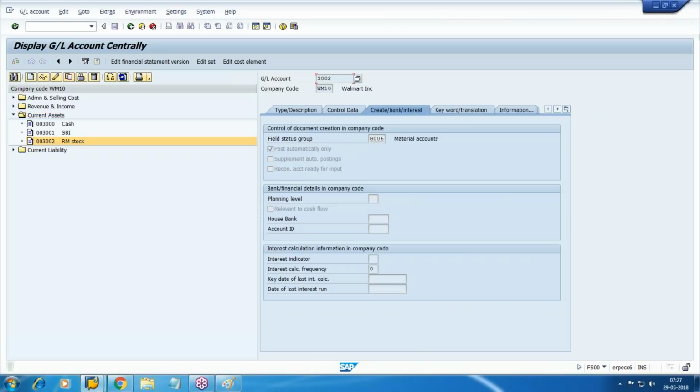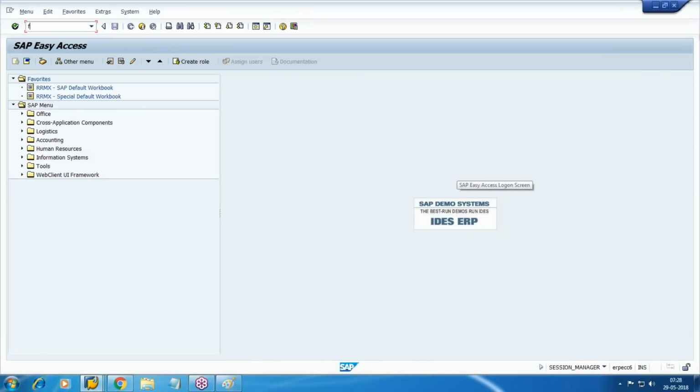In any ledger, if you select post automatic only, there is no manual entry. That means no entry through FB50 or F-02. If any entries are there in this ledger, they come only through account determination, which does not mean only integration, only through auto posting. Suppose I try to post a transaction in this ledger,